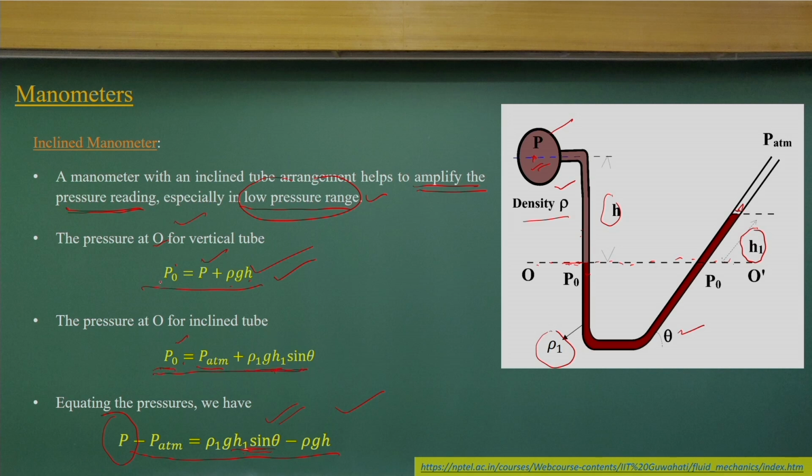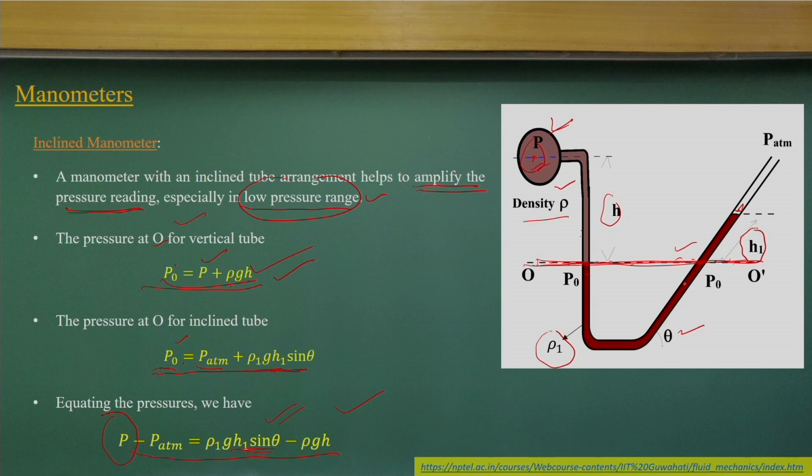We are considering the horizontal surface which is the interface between the two liquids, and then you just equate the pressure at these two points to get what the pressure will be at the P point. That is what we are looking at, which is very easy. Just remember this concept: consider the horizontal surface, then equate the pressure.